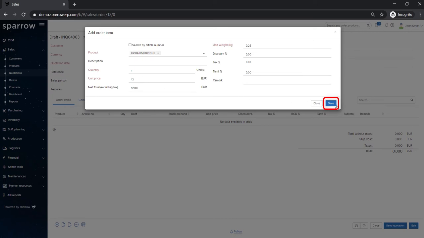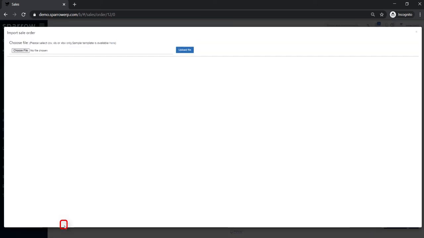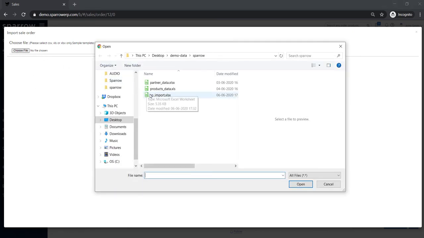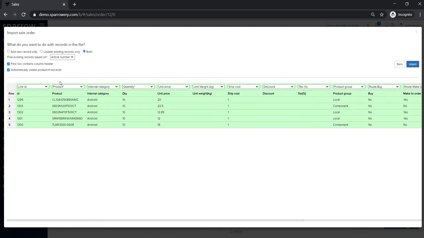Importing products from a spreadsheet is another faster way to add products. Click on the Import Products icon here and then download a template if you are doing this for the first time. The template will have some sample data, but otherwise it's simple and self-explanatory. Prepare your data in a sheet and then upload the file in the Import pop-up. A preview will be shown to make sure every column is mapped properly.